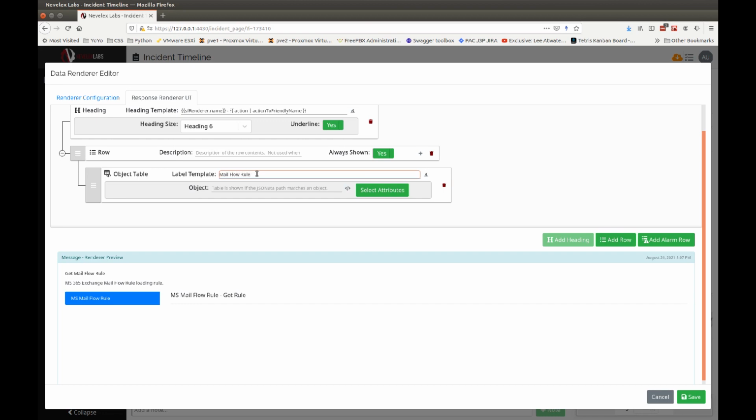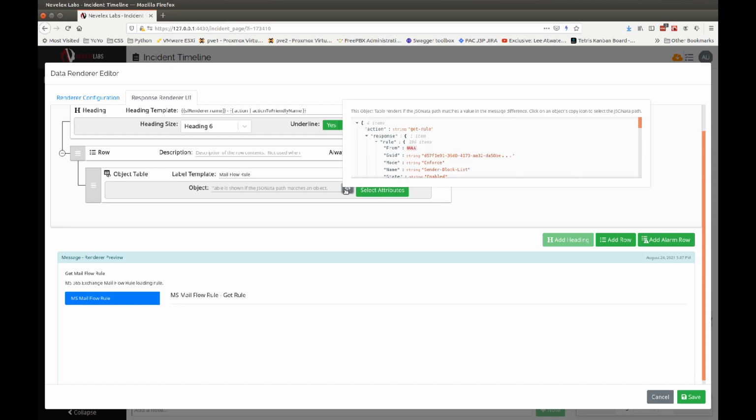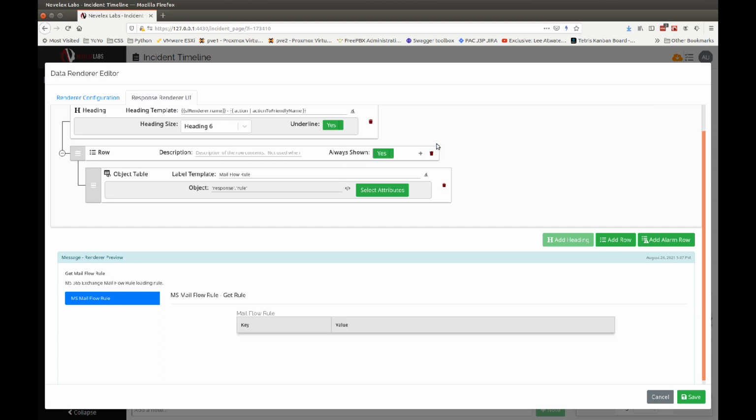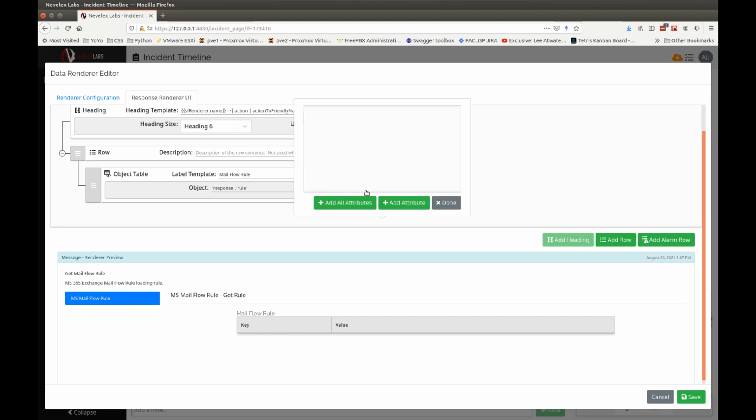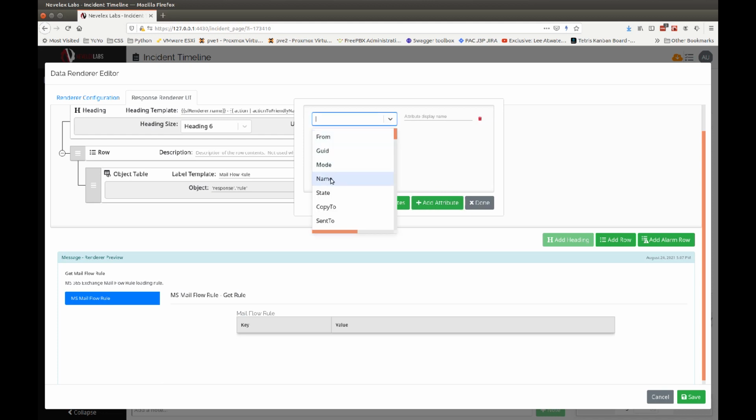So I'll use an object table component for the UI. I've labeled the object table mail flow rule, and from the response data I'll select the rule object. I'm now able to choose data from the rule object for display in the object table. As I'm adding rows to the object table, I want you to notice that the data renderer UI updates dynamically